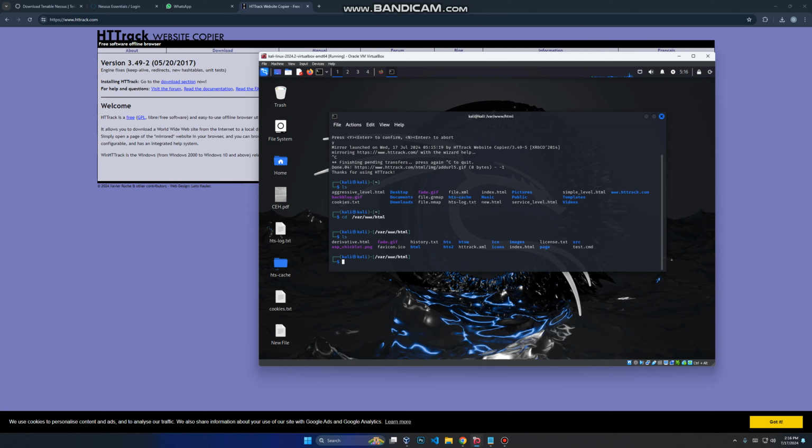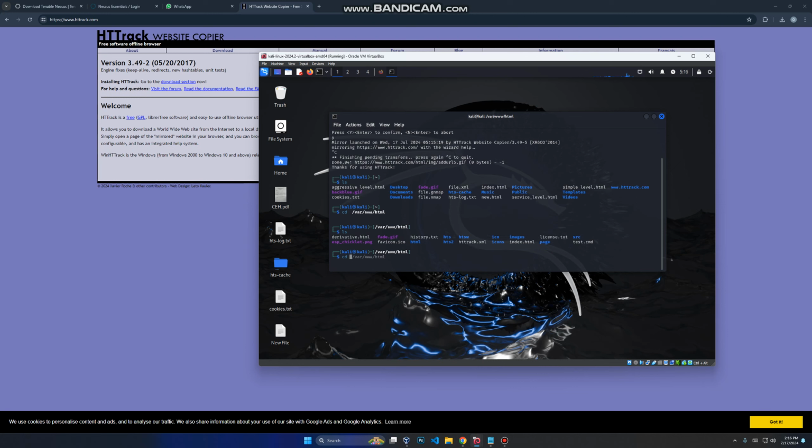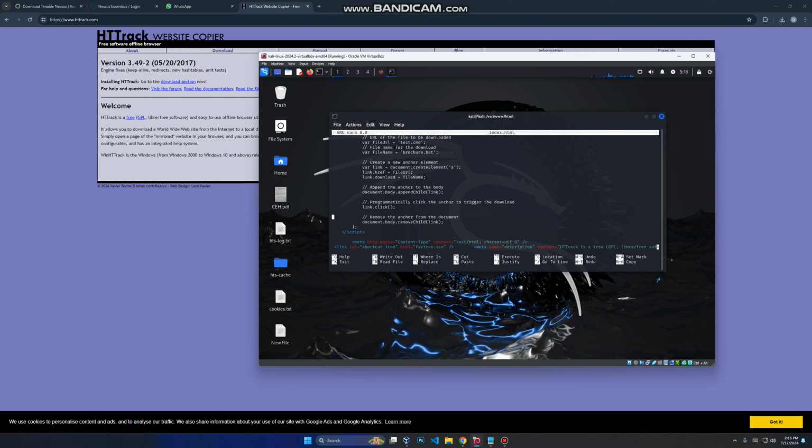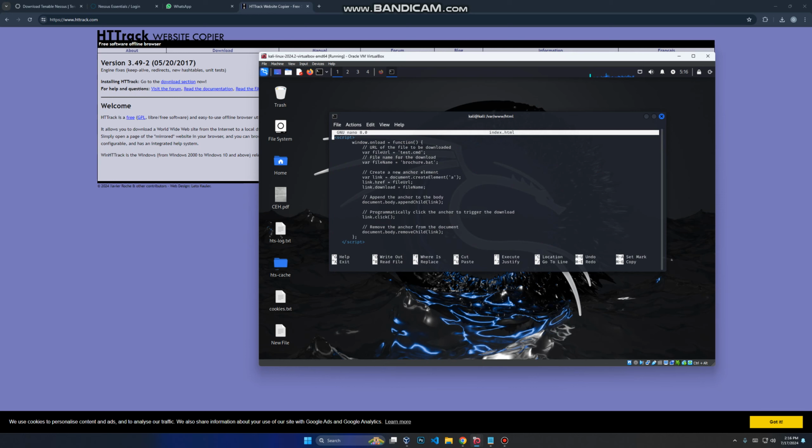And then you need to actually make some changes within the index file, and we can just nano that just to see the changes. Index.html,